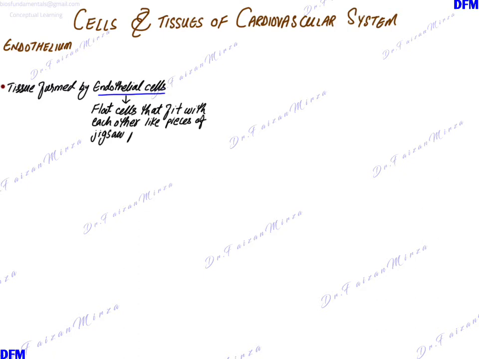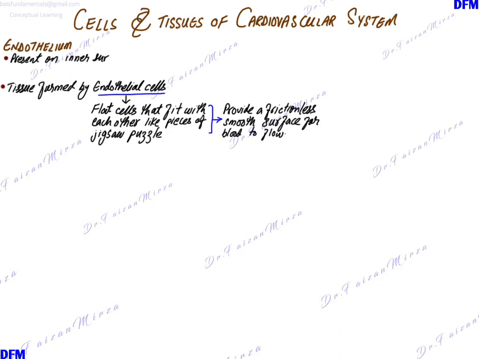And when they fit into each other like pieces of a jigsaw puzzle, they provide a frictionless pathway for the transport of blood, because when the blood flows over this smooth surface, it will flow very swiftly. Endothelium is present on the inner surface of all the vessels as well as the heart, and the blood flowing in the closed circulatory system in the vessels and the heart stays in direct contact with the